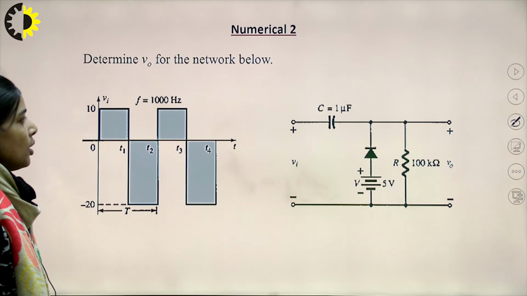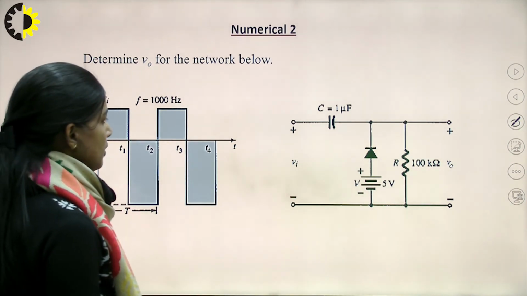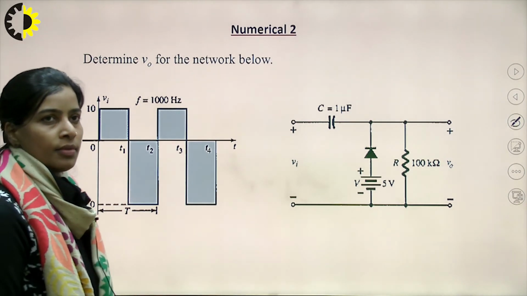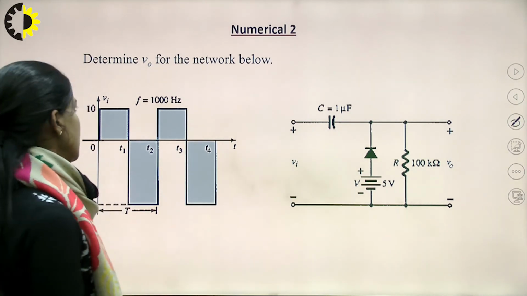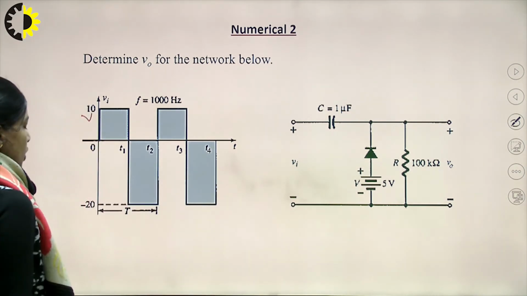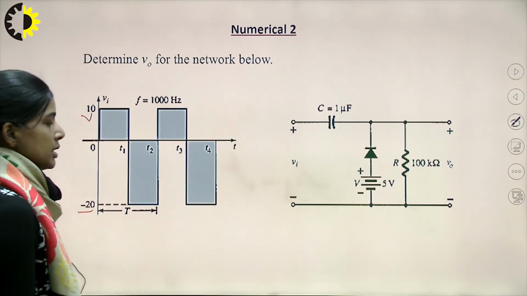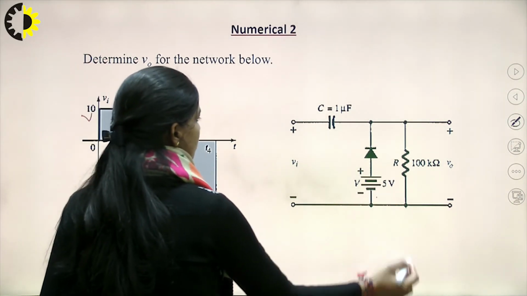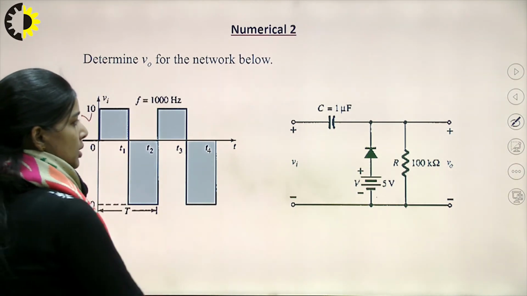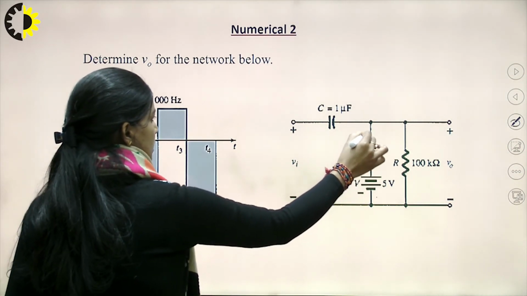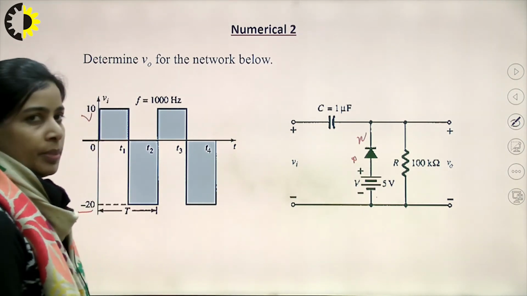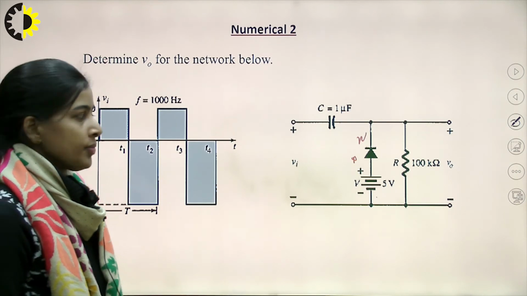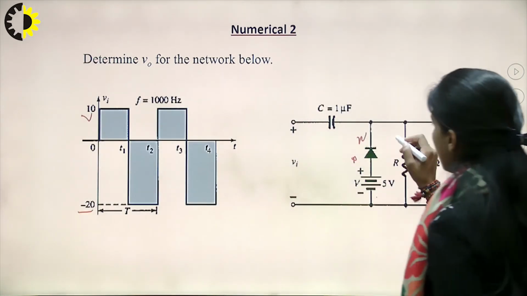Determine V naught for the network that is given here. The input here is given as a square wave. For the positive cycle, the magnitude is 10 volts. For the negative cycle, the magnitude is 20 volts. Here we have DC of 5 volts and the diode is connected with this polarity. The P side is connected to the 5 volts DC supply, and the N side is connected to the